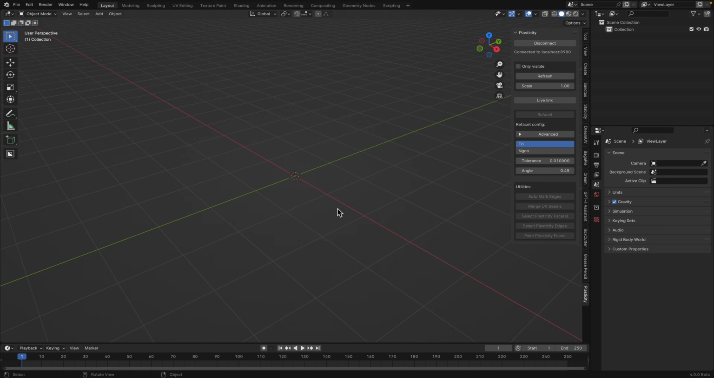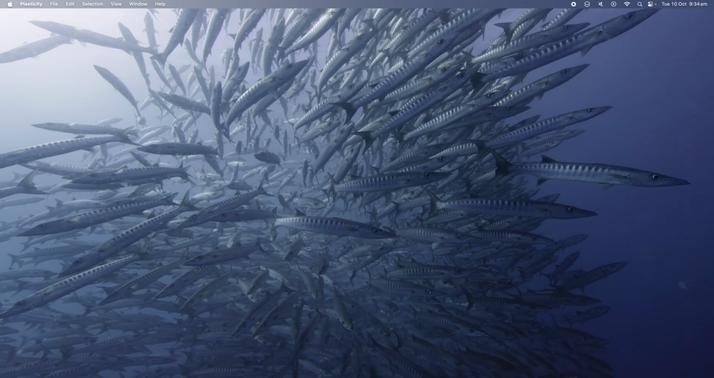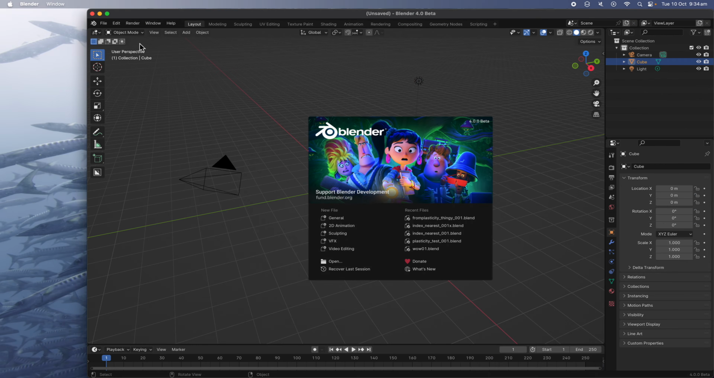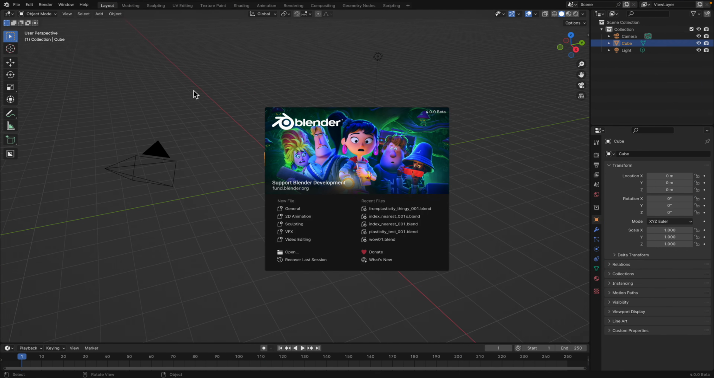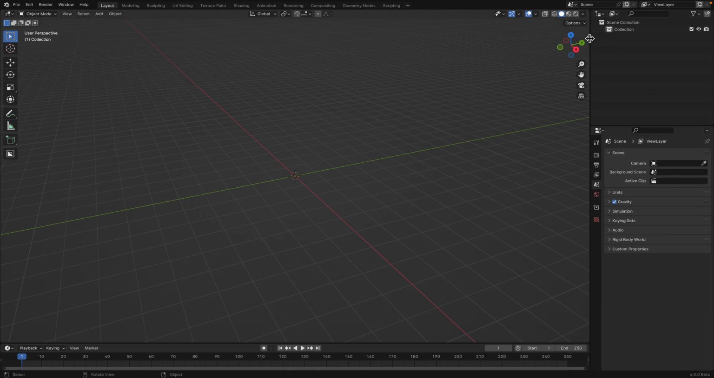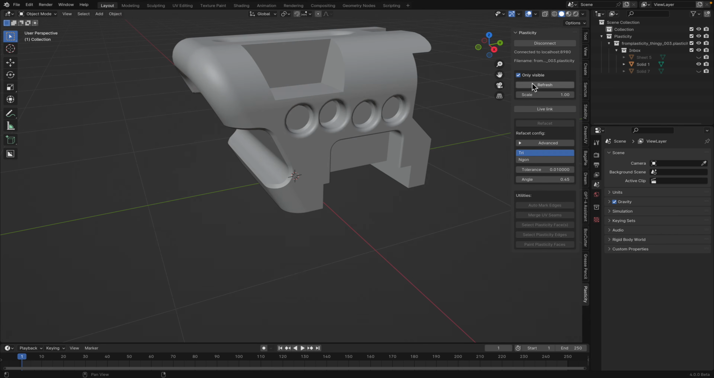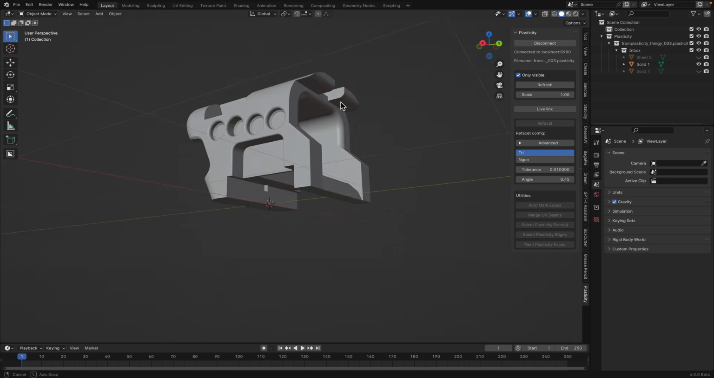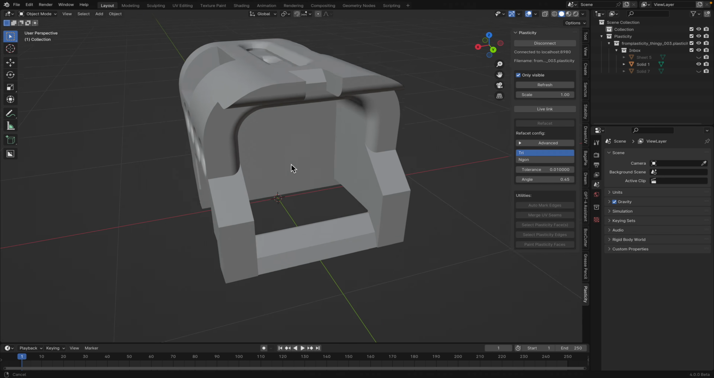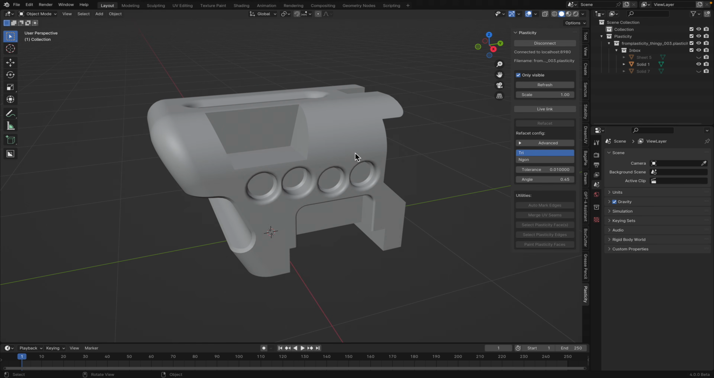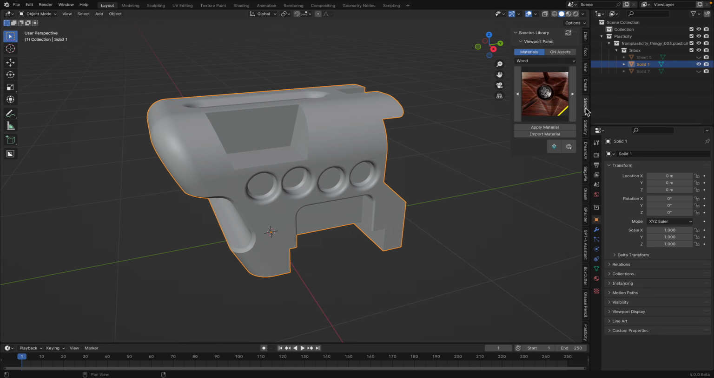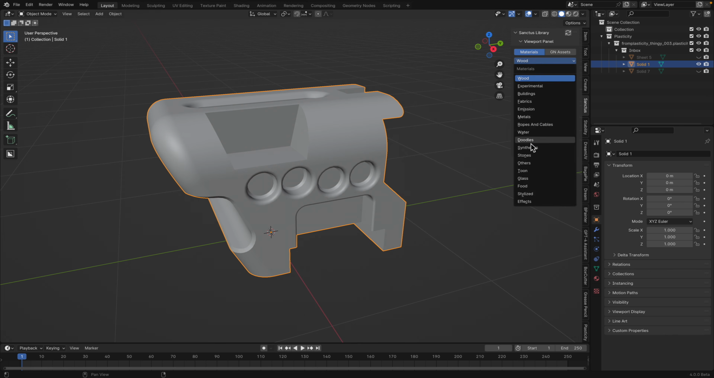Okay, we don't see anything. Let's try again. Restart Blender. So this is Blender 4.0 beta, and Plasticity connect. Okay, I need to hit refresh. Okay, so we have the thing from Plasticity now,